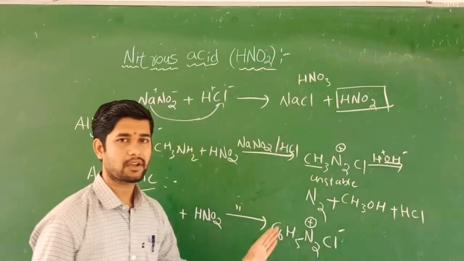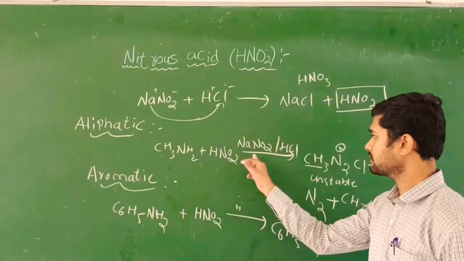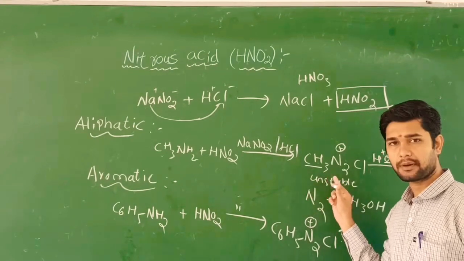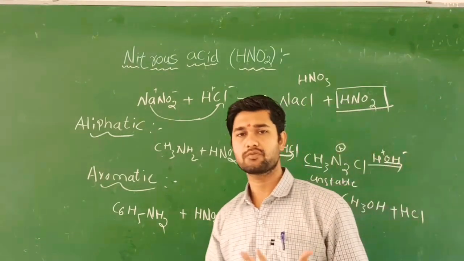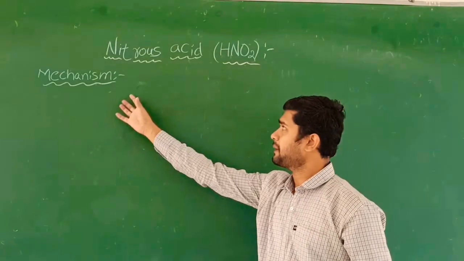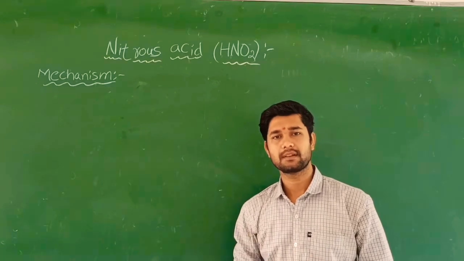So these are the chemical reactions of the aliphatic amines and aromatic amines with nitrous acid. We are going to get an unstable intermediate compound, which then decomposes to form the primary alcohol. So let's see the mechanism of how this nitrous acid readily reacts with the primary